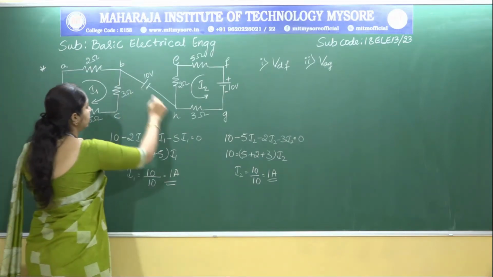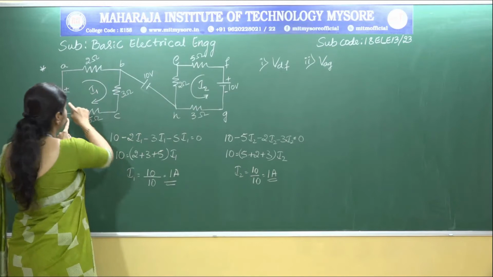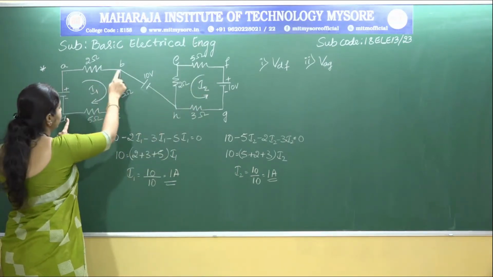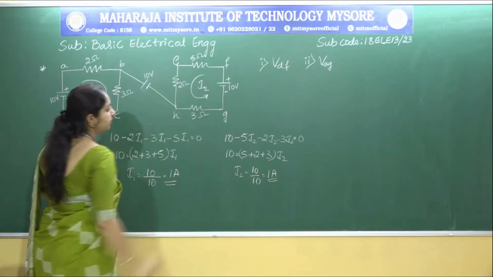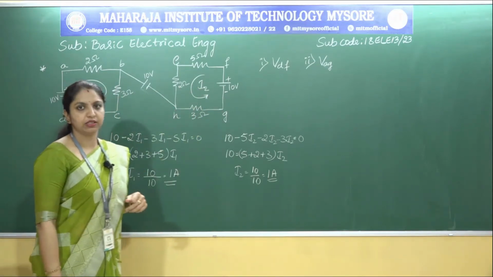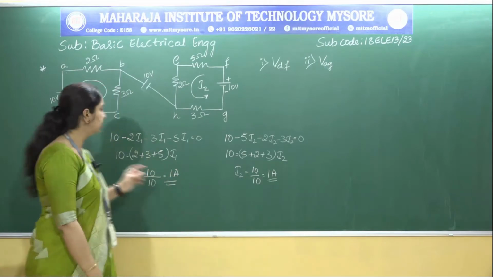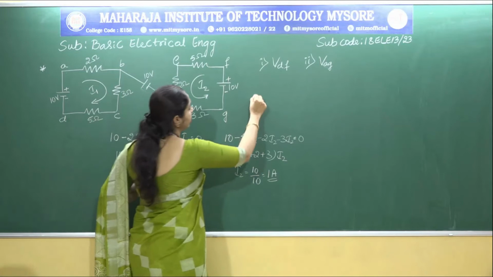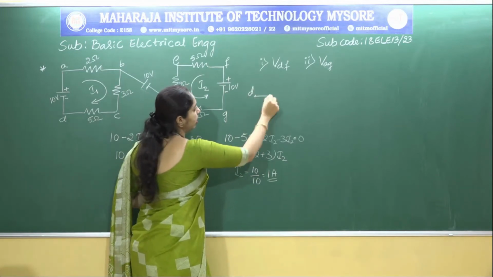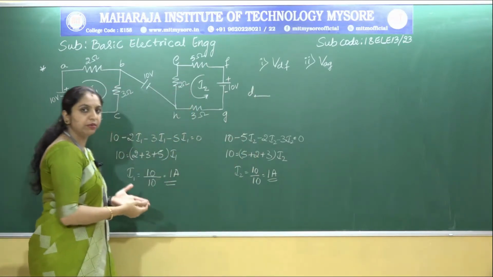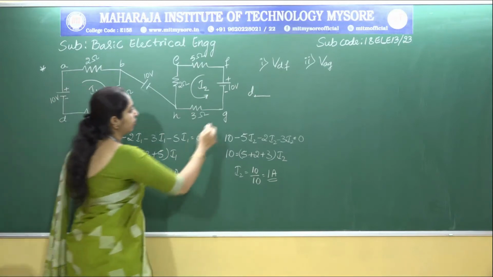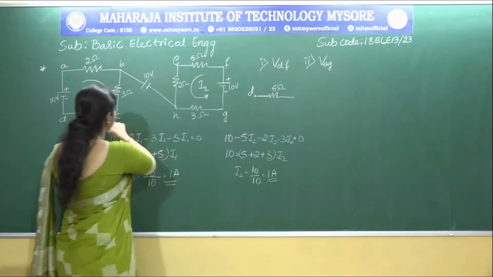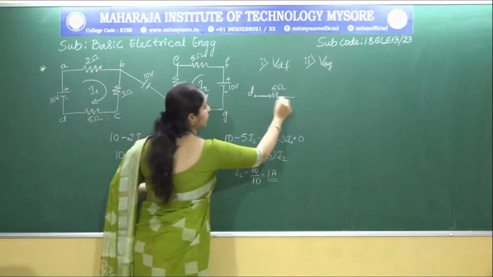You can consider either this path, or this path, or else this path. Any path can be considered. For our convenience I am taking this path. So from point D, just write down point D, then what components come between D to F. Take 5 ohm here, so we have 5 ohm, and next I am taking 3 ohm,